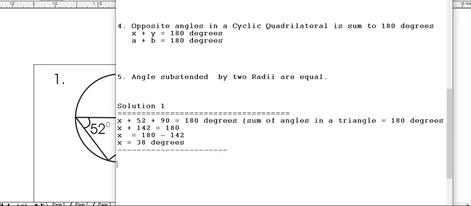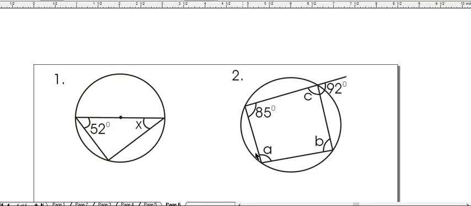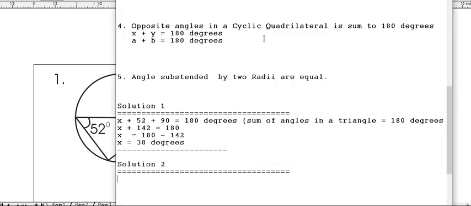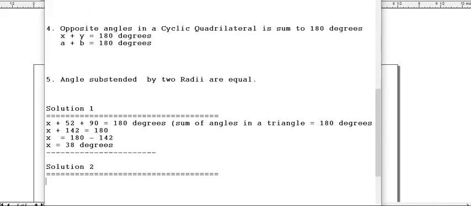Thank you. Let's continue. Solution 2. We have a circle given with a four-sided shape, which I call a cyclic quadrilateral. Now, the first part you calculate here is the